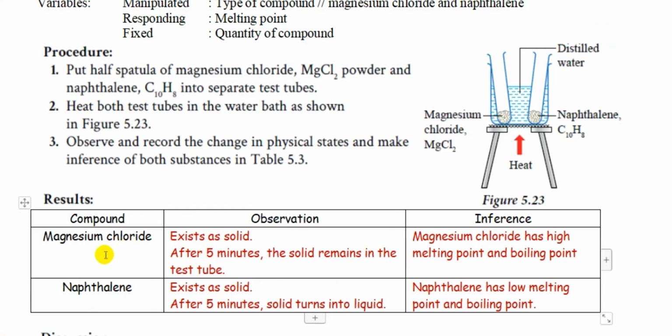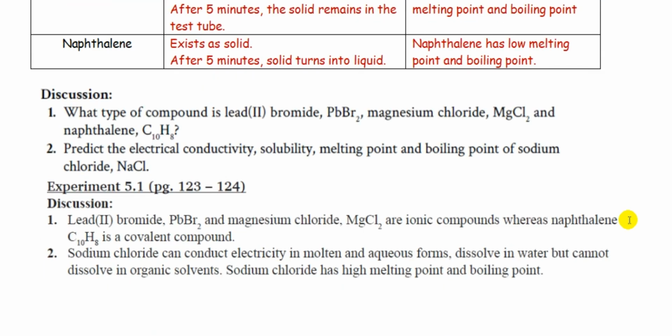OK，它的 observation 是这样：magnesium chloride exists as solid after 5 minutes, the solid remains in the test tube，所以证明了 magnesium chloride has high melting point。而 naphthalene 呢，after 5 minutes，全部 naphthalene 本来是 solid 的，turns into liquid，证明了 naphthalene has low melting and boiling point，或者是 covalent compound has low melting and boiling point。就这样子的一个实验。